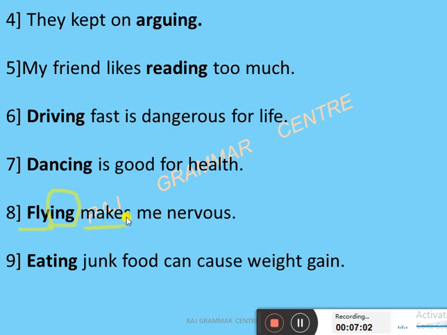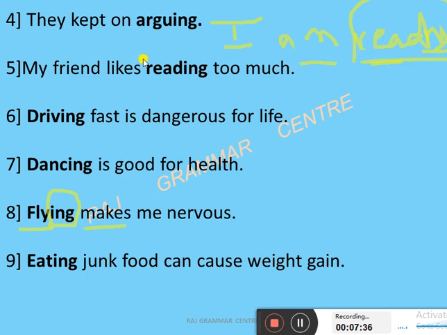Okay, if anyone is saying that here it is a participle, take "I am reading." See carefully, ध्यान से देखो, I am reading. You will say ing is there, but sorry, it is neither a participle nor a gerund, because it is a finite verb. Listen here: "I am reading", "am" is an auxiliary verb and "reading" is the main verb. So here the second verb is not there. If a second verb is there, if I say "I am reading an interesting book," then it is a participle.